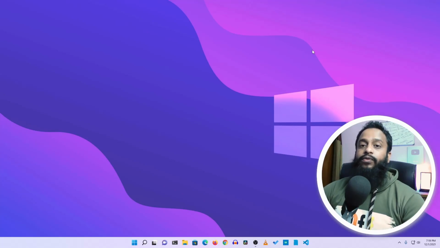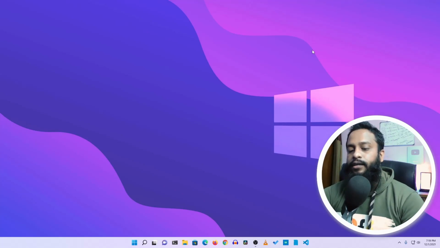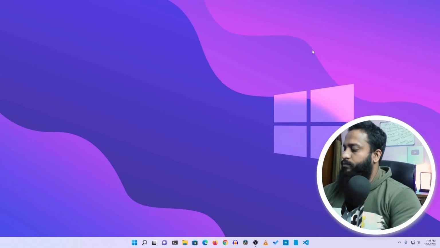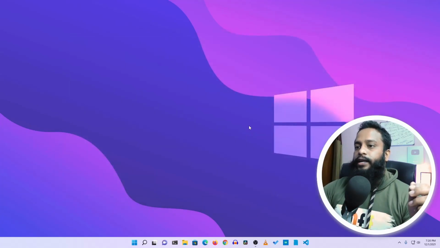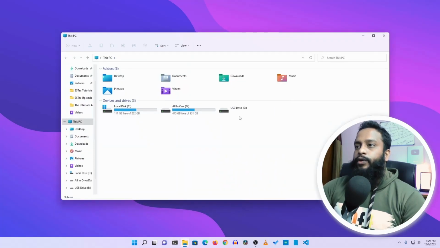Okay guys, so first of all make sure your memory card reader or SD card reader is okay, because most of the time it happens that your memory card is okay but your memory card reader or SD card reader gets damaged. So first make sure your SD card reader is okay. Then take your damaged SD card and connect it with the SD card reader. Then connect it with your computer. Okay, now you can see my memory card is not detecting. Now if I go to Windows Explorer, you can see I am not getting the SD card. It is only showing USB drive E. Now let me show you how to fix it.